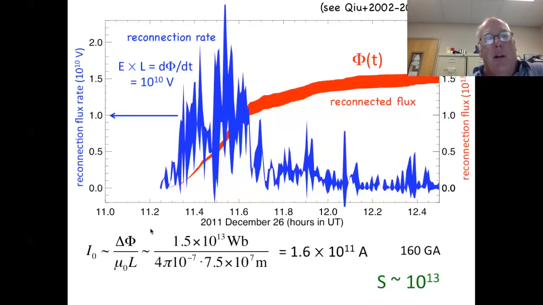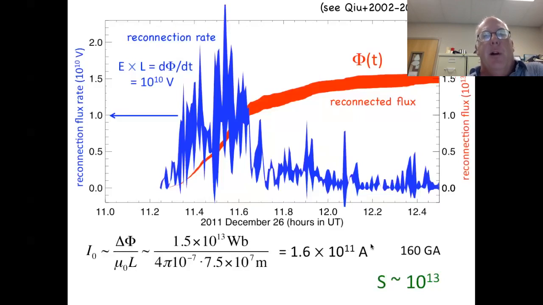If I say the current was at some initial value and then goes to 0, then that amount of current really is, and this is just an application of essentially Ampere's law, the amount of current initially in that current sheet: this flux divided by our good old mu naught times the length. That's it. So this tells me that we had about 160 gigaamps of current in that current sheet